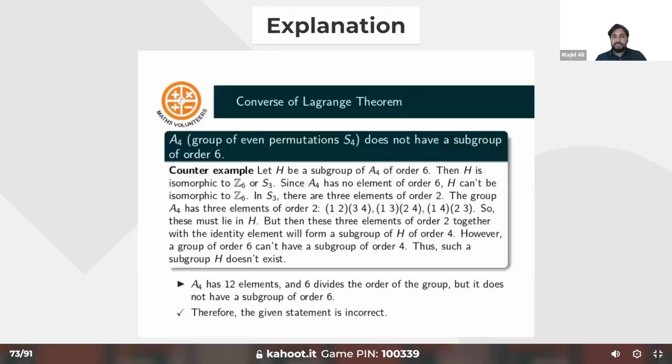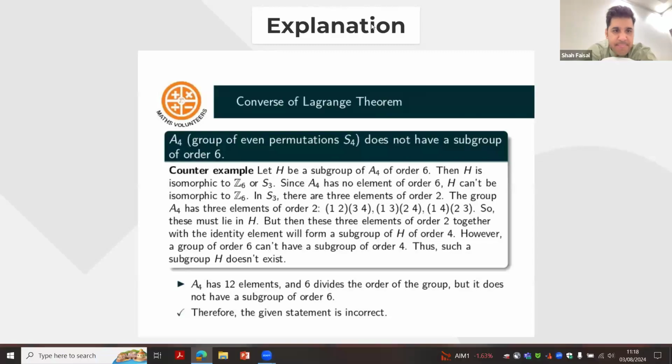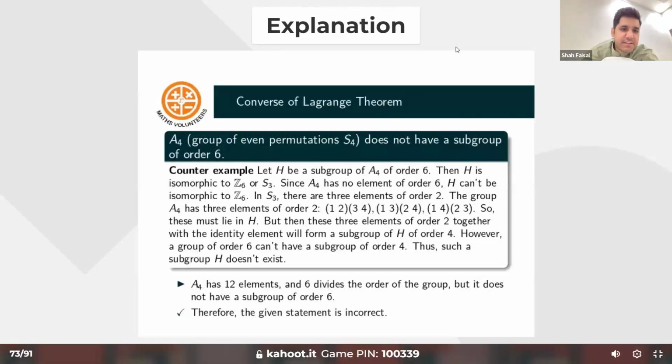It's the converse. Yeah, so we know the Lagrange theorem for finite groups, and we also know that the converse is not true, and that was precisely the converse. So yes, it's incorrect. And there are counterexamples you can find, alternating groups of order 12 and so on. But everybody should at least know that this is not true. If you don't remember the counterexample by heart, it's okay, but you should at least know that this is not true.